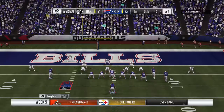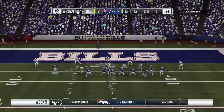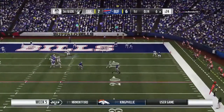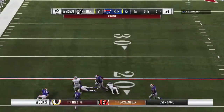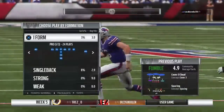Gun, gun, gun, gun. They'll look to throw on 3rd and goal. Escaping the pressure right. Nowhere to go here. He lost the football. And the Raiders have recovered. A bad 3rd down mistake there. Points were...